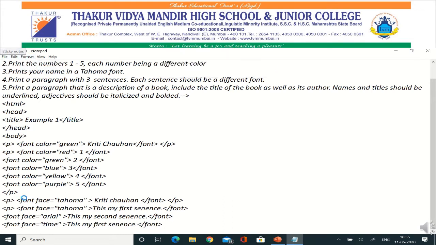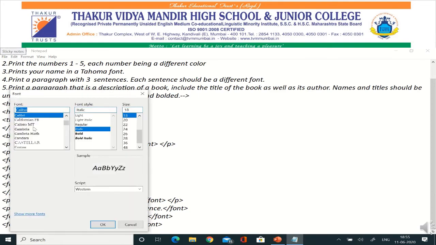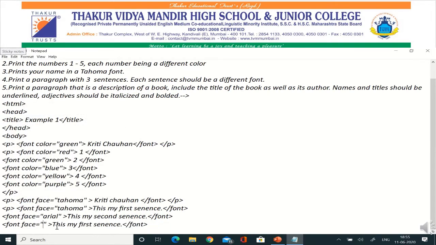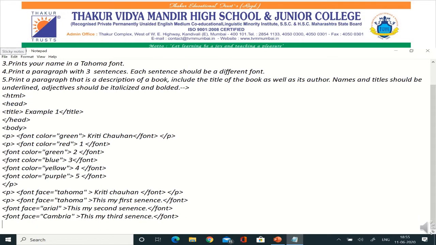Let's see how many fonts we can apply. Here we are going with Cambria. This is my third sentence. Now question number 4 we have finished, so close your P tag.